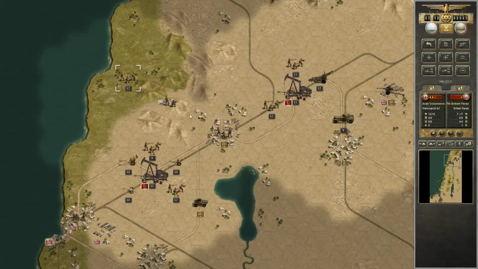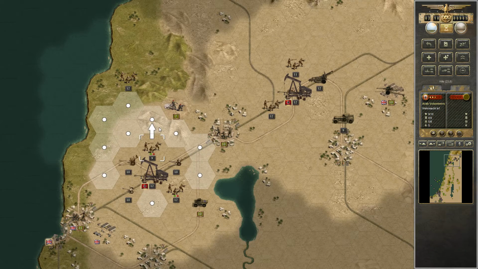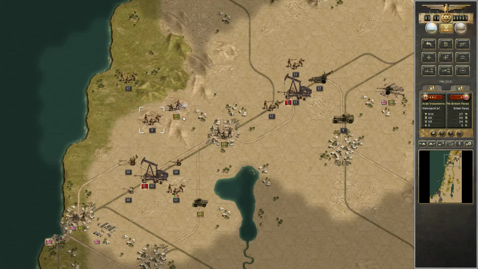And I want to force this one down. That way I can hopefully take it out. Yep, gone. And for now the pumping stations are secure. This will hopefully induce an attack on my...